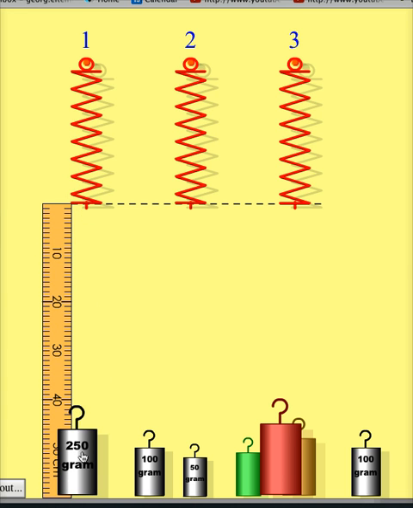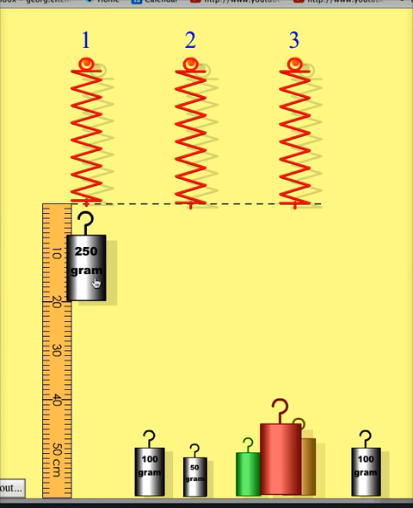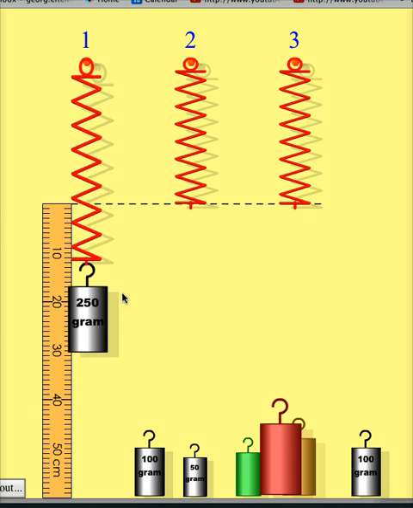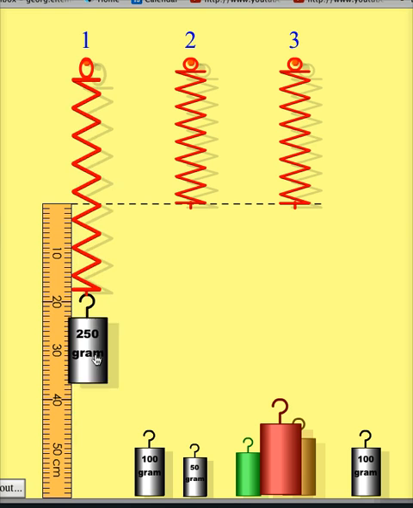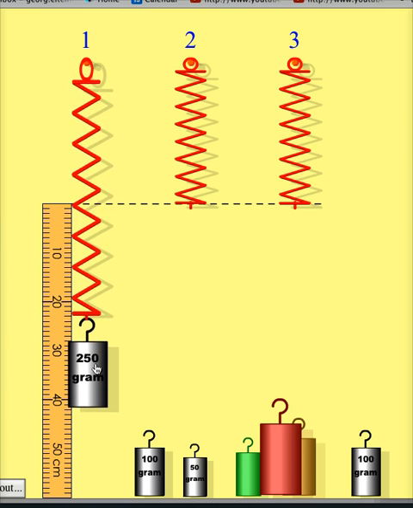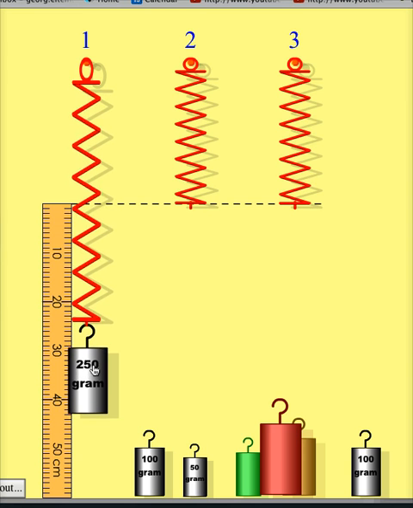Whoops. Worked. And if we let it go from here, it'll bounce like a bugger, right? No problem. You'll notice it slows down a bit as well. The amplitude is decreasing. Interesting. That's because of friction, and after a while, the amplitude will get down to 0. But what we notice here is for 250 grams, which is basically 0.25 kilograms,